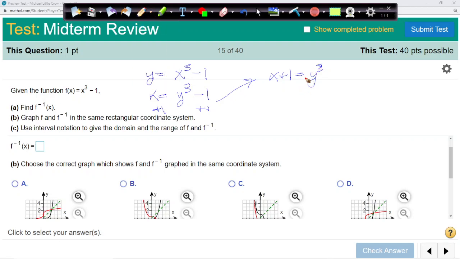And we do that to both sides. So take the cube root, or 1/3 power. It's the same thing. But on the y side, the cube root of y cubed is just y. And since it's an odd power, it does nothing to the, I mean, we're all good. If it was a squared, we end up with something that, again, we talked about that it wouldn't be a function, but